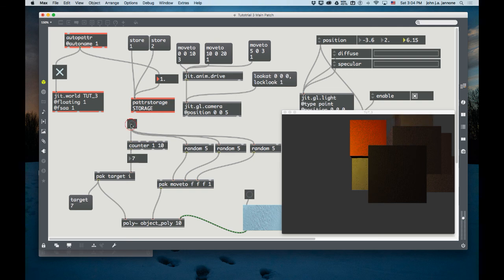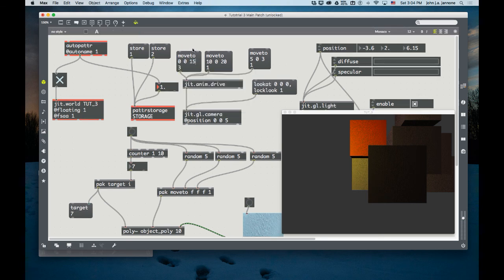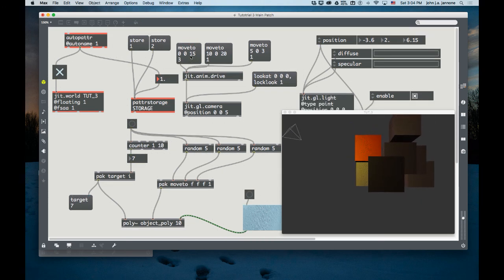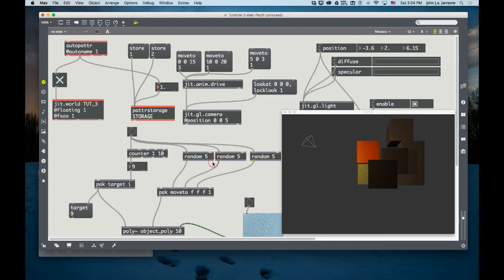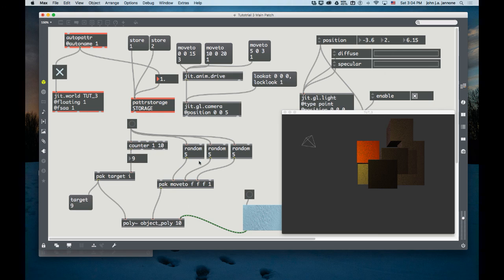Number 6, number 7, I'll zoom out to 15 meters. Let's see what we're doing here. So before, if you recall, we needed a separate random structure for each one of our objects. But now we just build this once, and it's randomizing. Each time we click the button, it's generating a new random location and sending that random location to a different